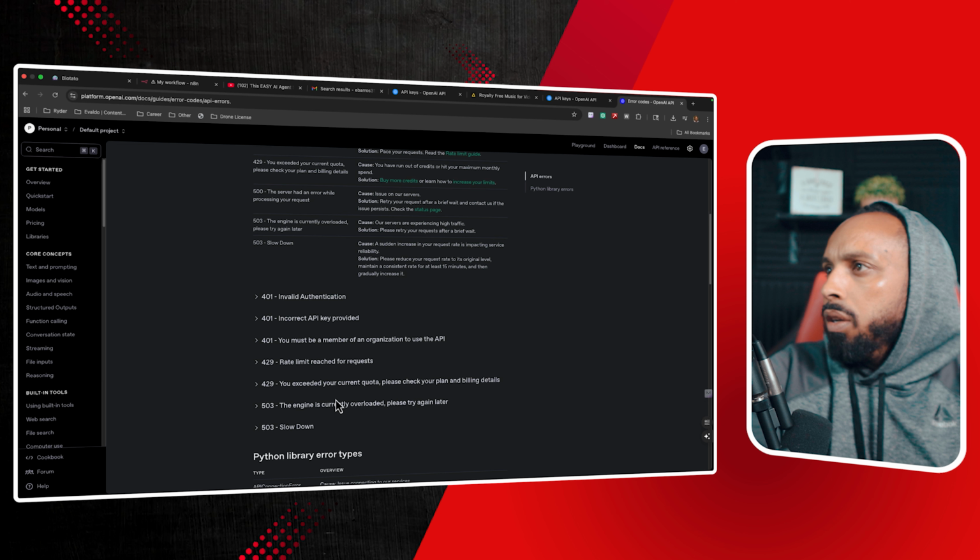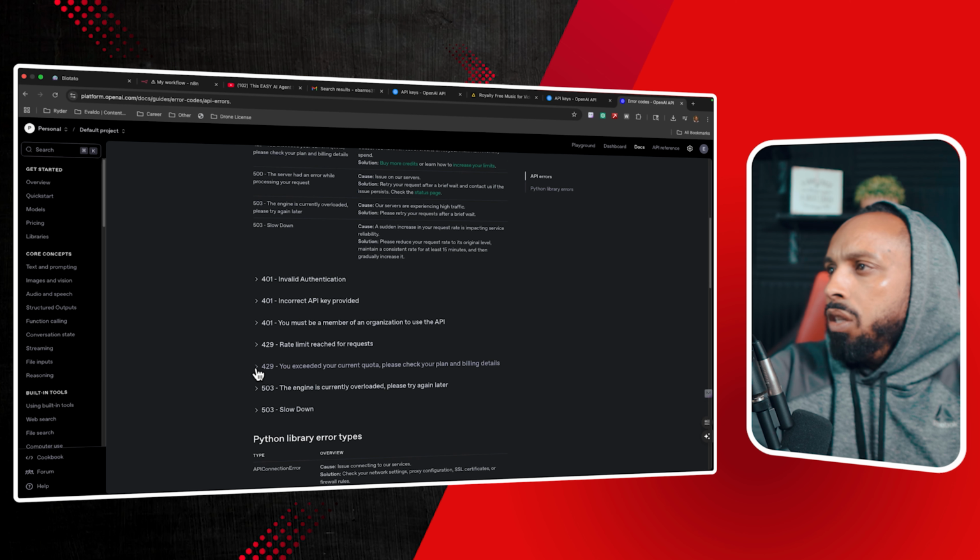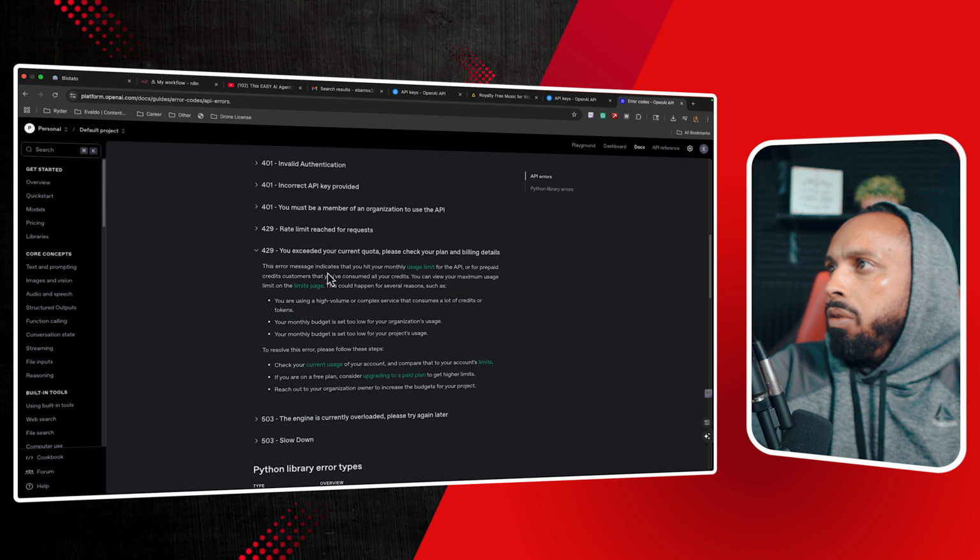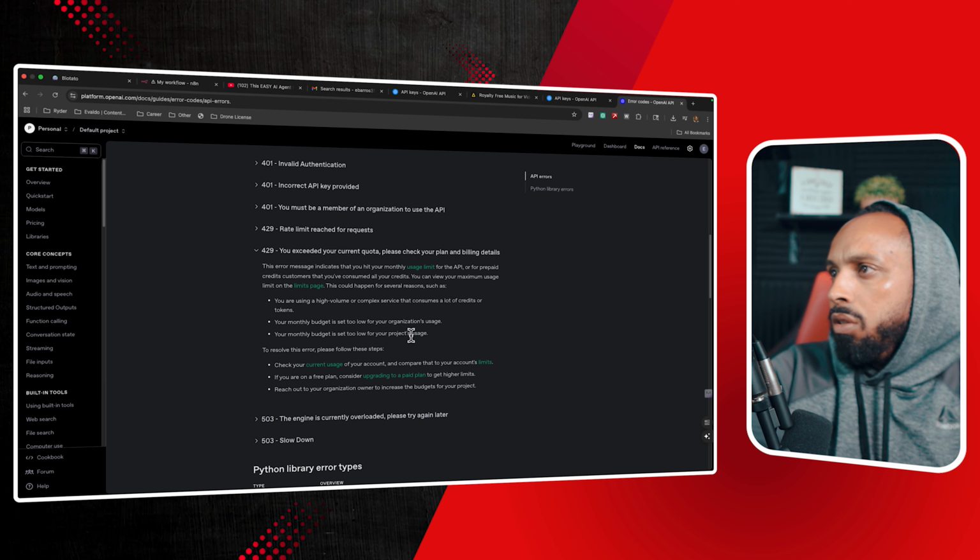It also said quota. All right, here, you exceeded your current quota. Please check your plan and billing details right here. So this error message indicates that you hit your monthly usage limit for the API, or for the prepaid credit customers, that you've consumed all your credits. You can view your maximum usage limits right here, limit page. This could happen for several reasons, such as you are using a high volume or complex service that consumes a lot of credits or tokens. Your monthly budget is set too low for your organization's usage. Your monthly budget is set too low for your project's usage. So we don't have enough of a monthly budget